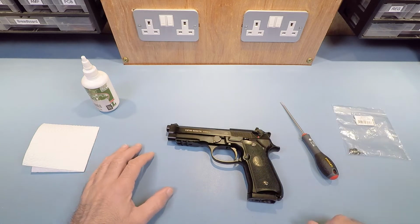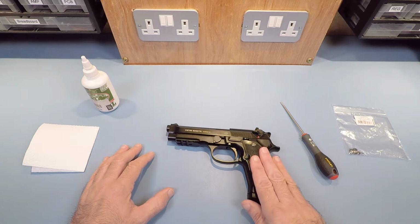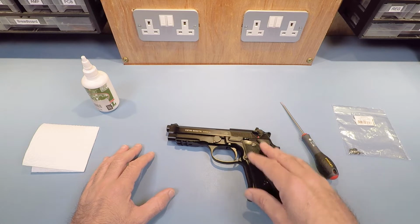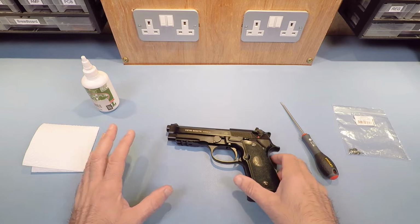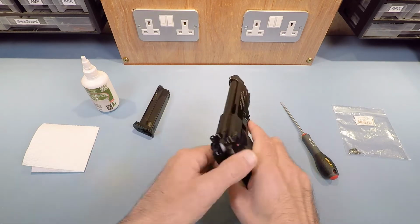So in this video I thought we'd do a repair, strip it down, and get the replacement spring in. Now I've already stripped this down and removed the spring, so I'm just going to show me stripping it down again, and get to the point where I can fit the new spring. Okay, so let's go ahead and remove the magazine,